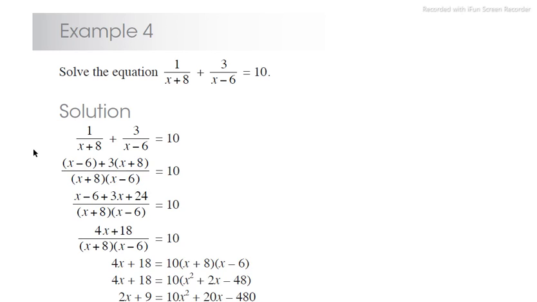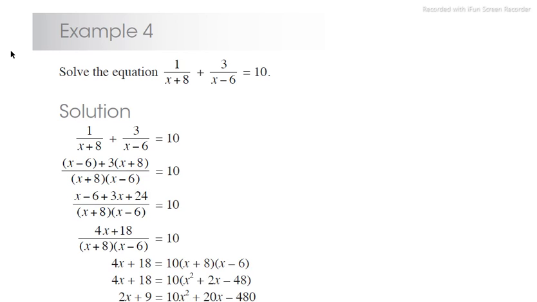In our example 4, we are told to solve the equation, which is 1 over x plus 8 plus 3 over x minus 6 equaling 10. This is another application of quadratic equations. When you look at this question, you can't realize that we shall end up with a quadratic equation. But if you know how to deal with fractions, you probably come up with the quadratic equation, because we shall